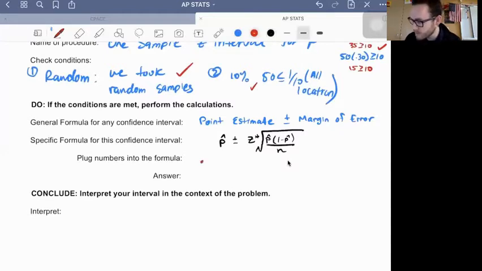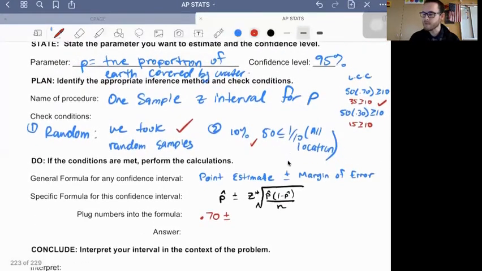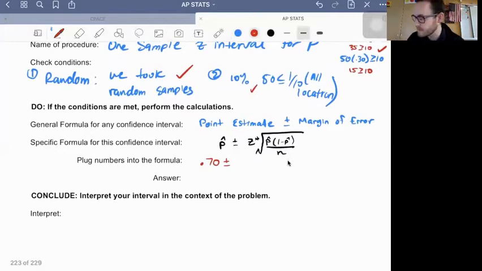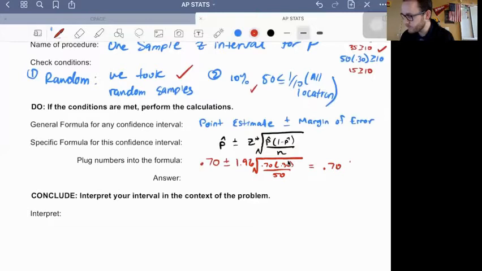So our point estimate is 0.70 plus or minus z star for a 95% confidence interval, if you refer back to the previous lesson, is 1.96. And then our values here, 0.70 times 0.3 over 50. So now we can calculate this. 0.7 times 0.3 divided by 50, square root, times 1.96. So our interval is going to be 0.7 plus or minus 0.127,